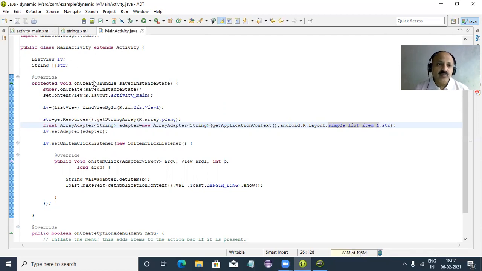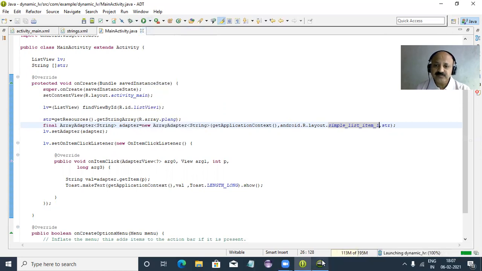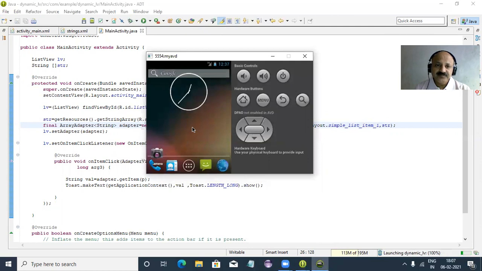So I think now perfectly. So yes, that is just a layout problem. Otherwise all are well. So again I run save, and now our list is not... when we can select. Previously we used the static way, that displays perfectly, but now we use the dynamic way, and that is a simple underscore list item one. So that displays by default, and now our application is running, and at that time I think there is no error because we can change the item.